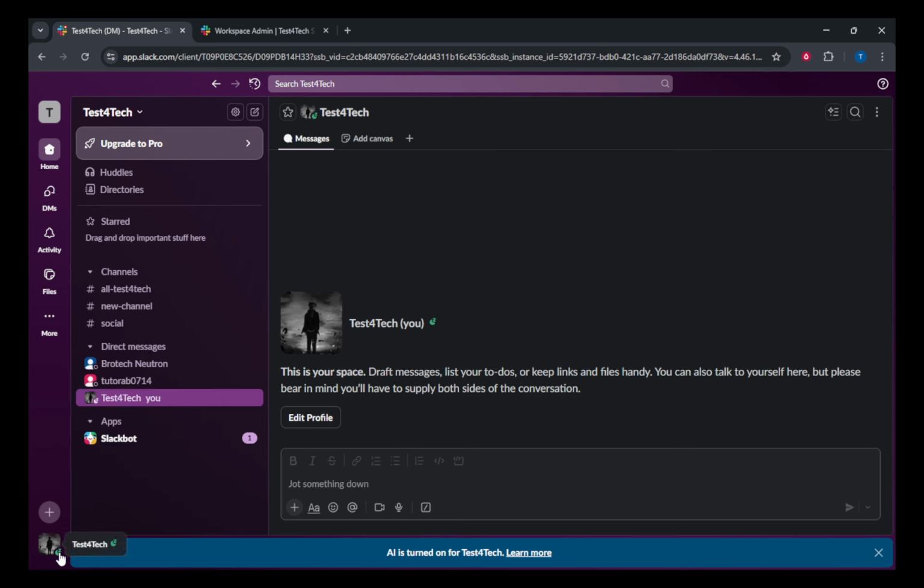Keeping the Slack app open and in use is another way to ensure you're marked as active. Slack automatically recognizes when you have the app open on your desktop or mobile, and it updates your status accordingly. Be mindful, though, that just having the app open isn't always enough. If you aren't interacting with Slack, such as typing or clicking, it may eventually adjust your status to away based